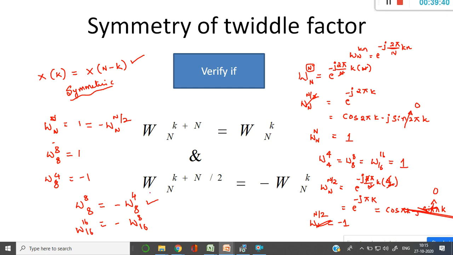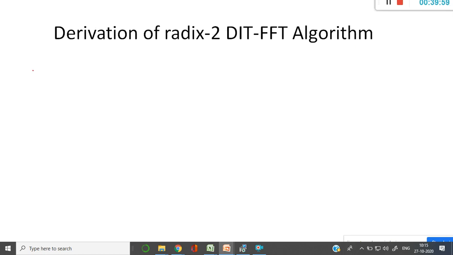Later on, you should be able to understand the minor aspects that we are trying to change with respect to twiddle factors. So this is just to make sure that you know this concept, that's it, followed by the X of k. Then we'll go for the short derivation of the radix-2 DIT FFT method.